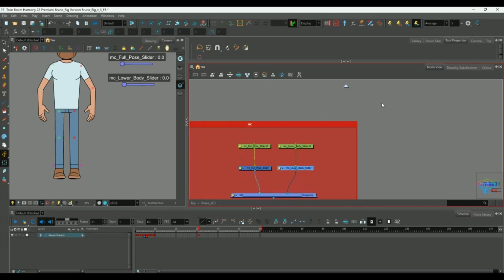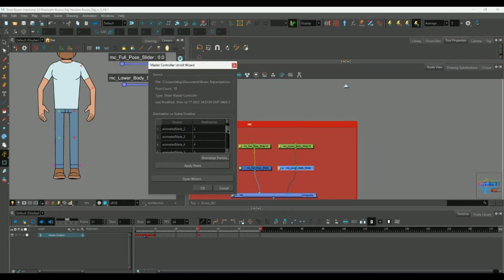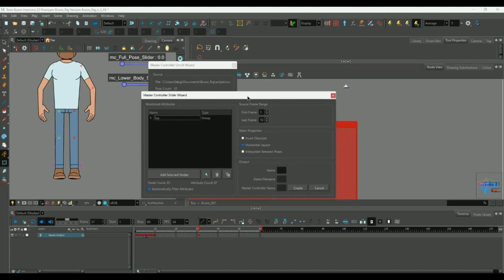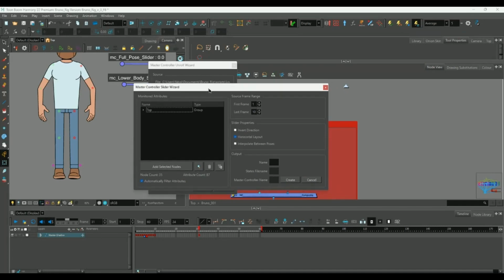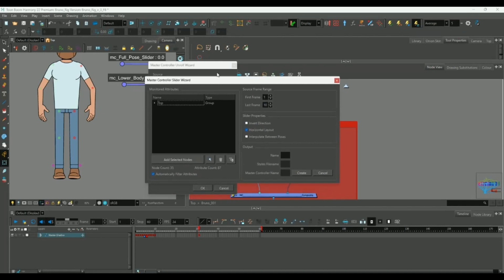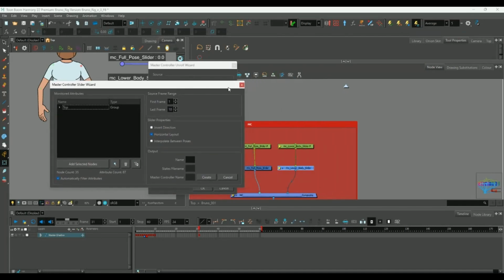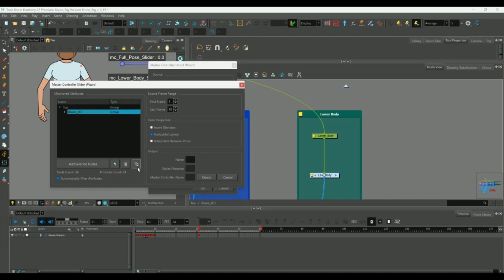We can select it, and we press this Unroll Wizard. Click that, and it gives us all the information that's inside this controller. Let's open the wizard, and now we can readjust our master controller. Let's go in, I'll delete everything, and now I'll try again. Let's go Alt, I'll grab the lower body node this time, add selected nodes,